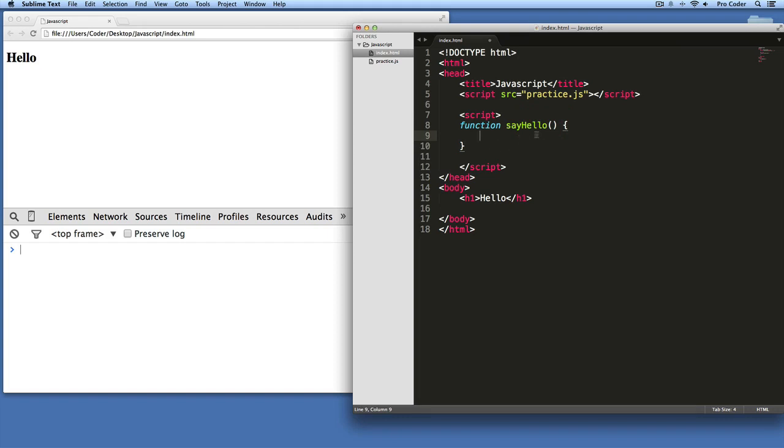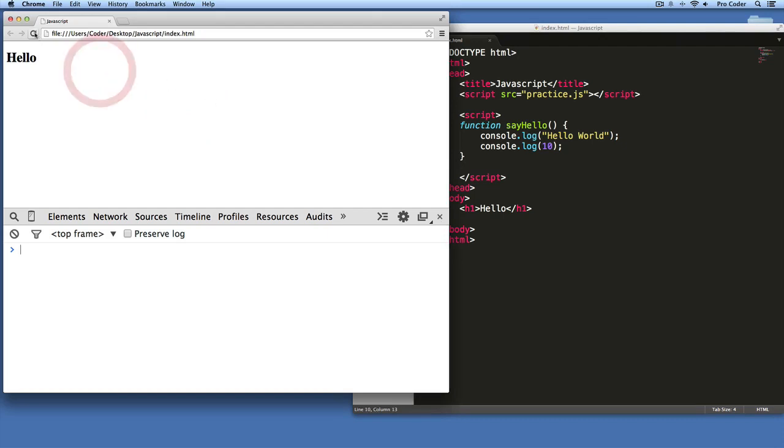So now that we have this, we can put as much code as we want inside of this function. So we could do something like console.log. We could even do multiple lines, like I said. You just log out a number, like 10, say. Okay, so now when we write this here, and if I refresh, you're going to see nothing happens, right, to